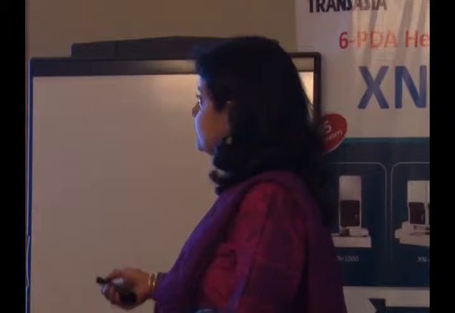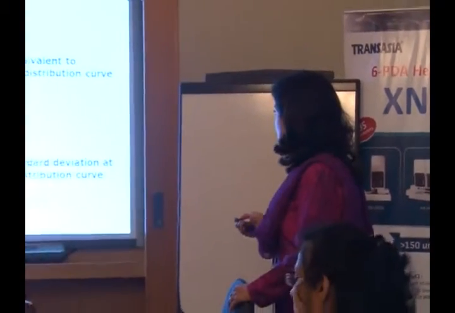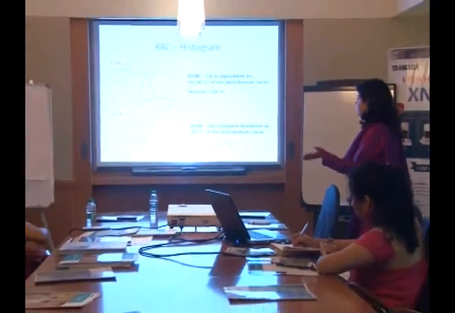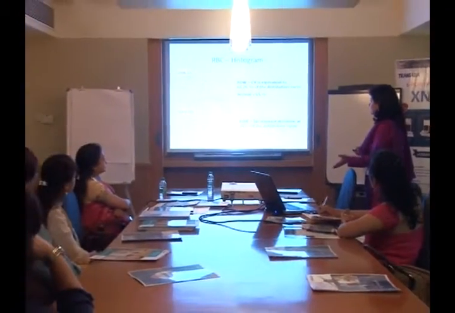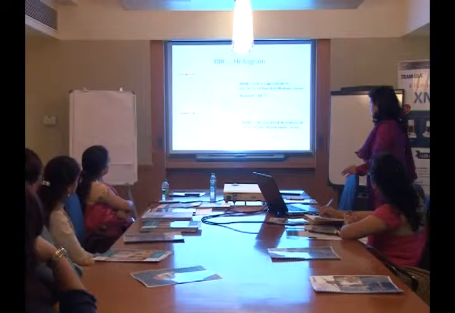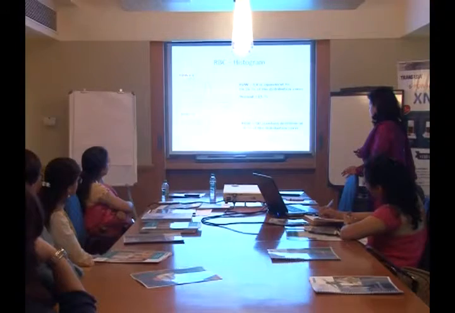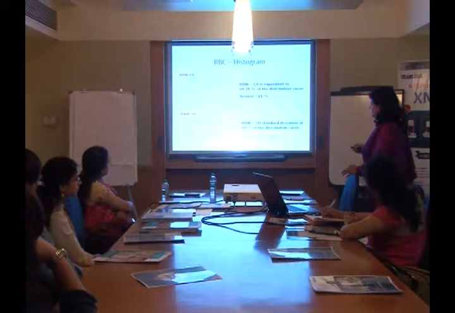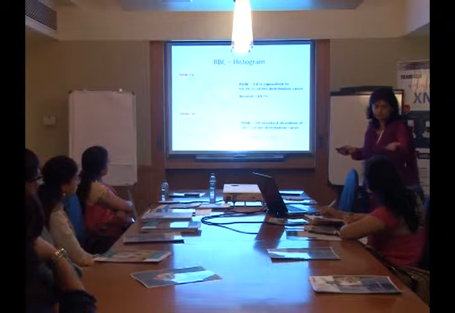But standard deviation, CV, RDW cutoff is the common indicator you take to rule out between Thal trait and iron deficiency anemia. And what is RDW? Basically, these are all hydrodynamic focusing principles. So if all RBCs have a normal size, you get a Gaussian curve. And if you see the CV over here, 68.26% of the distribution curve should be the normal cell population. It is an indicator of the anisocytosis basically.